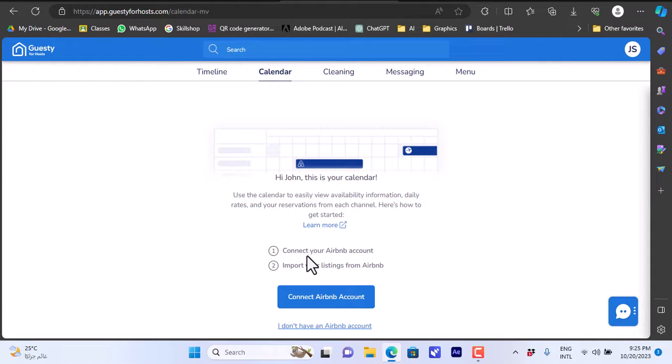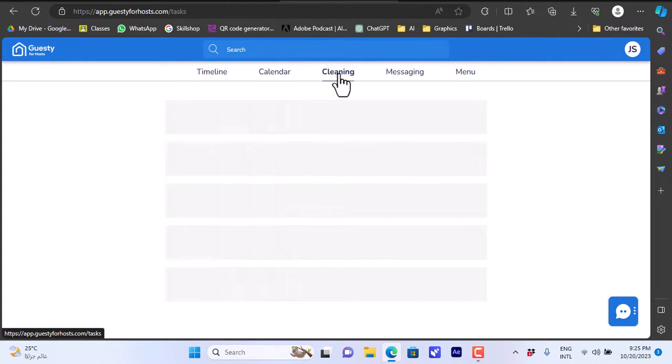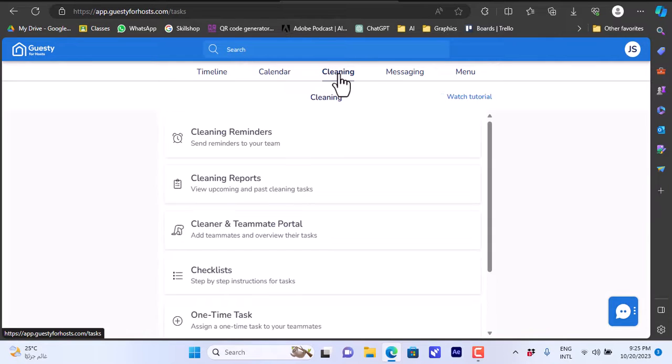However, as I said, you'll need to connect your Airbnb account first. Okay, and here in the cleaning tab, which is specifically for the cleaning services for your units or your listings, you have cleaning reminders to your team or the cleaning people that you are dealing with, and here you can watch a tutorial that will explain how the cleaning tab